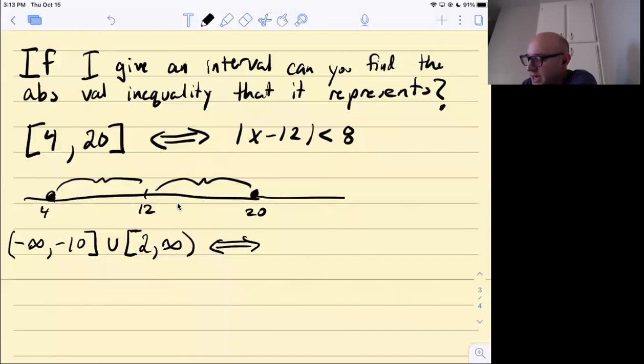Because it's brackets, you want to make sure that it's less than or equal to, not strictly less. Anyone have any thoughts on this one? If you draw it out,